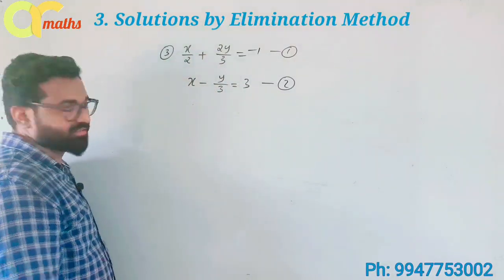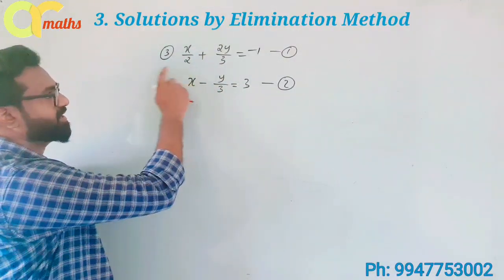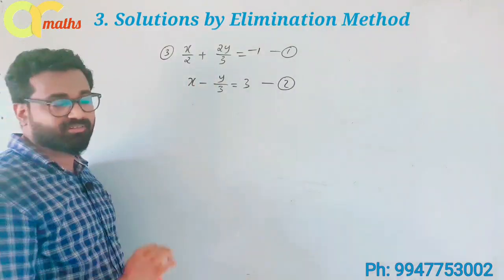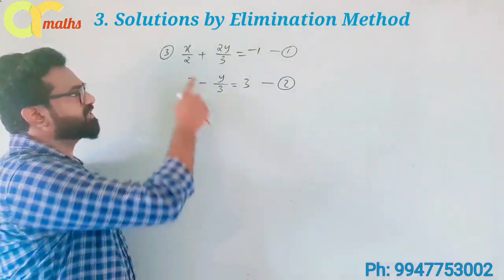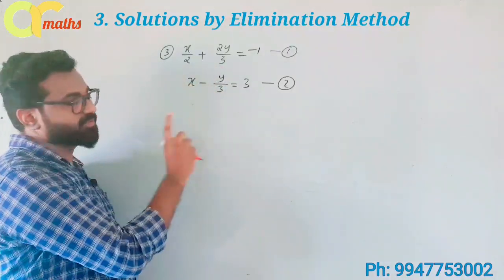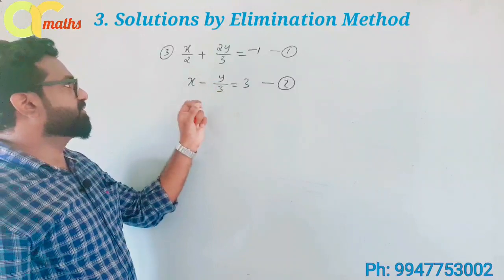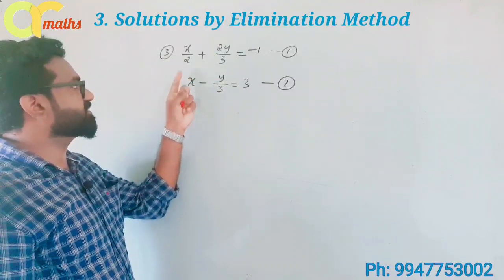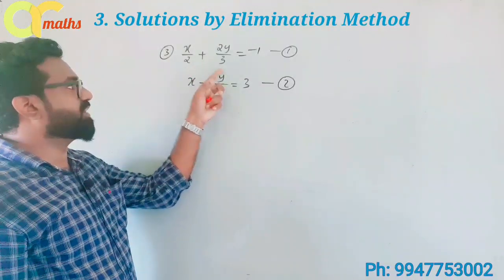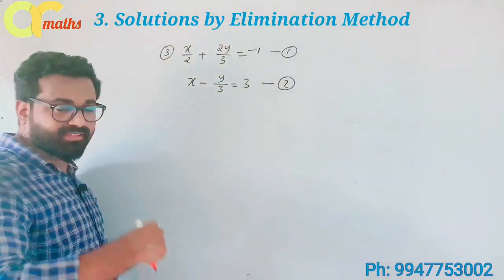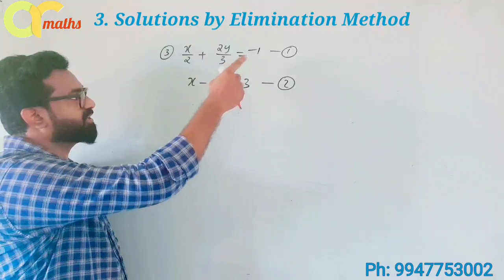That is very complicated. So just simplify by multiplying. How to eliminate 2 and 3? By multiplying by a number. Just find its LCM. What is the LCM of 2 and 3? Here it is very difficult to find the value of x because here x is divided by 2 and divided by 3. How to cancel divide by 2 and divide by 3? By multiplying by a number. Which number do we have to multiply here?